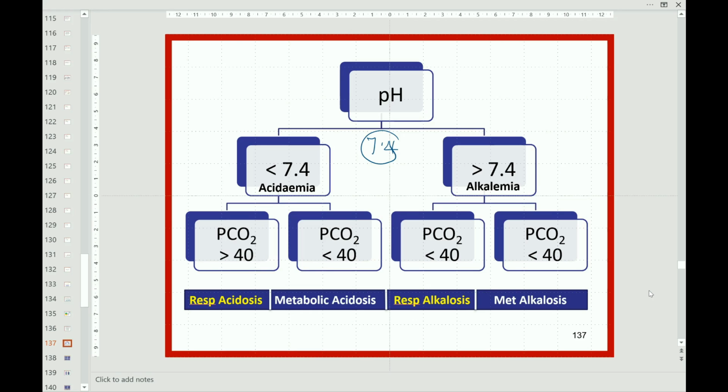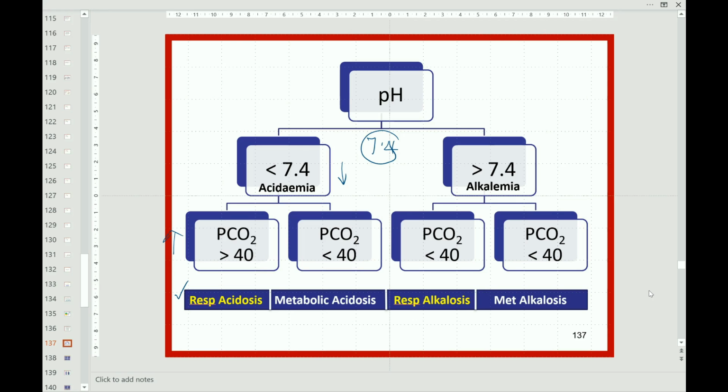So if the pH is less than 7.4, then immediately my eye should fall on the PCO2. Why PCO2? Why not bicarbonate? I told you respiratory disorders are relatively earlier to occur, very quick to occur. Particularly the acute respiratory disorders occur early and may be life-threatening. So the immediate focus of the mind should be on the PCO2. If the PCO2 is more than 40, that means the pH is less and the PCO2 is more, that is, they are in the opposite direction. That means there is acidemia with retention of carbon dioxide. That is respiratory acidosis.